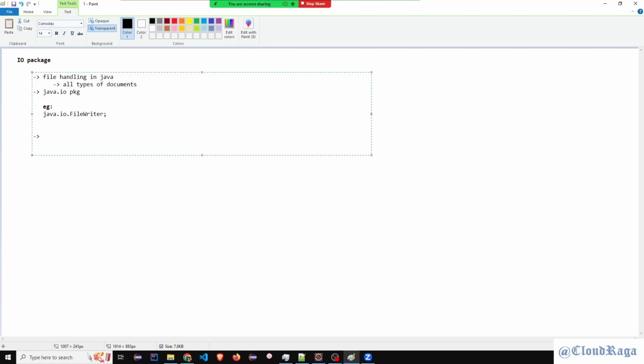As we are beginners, we just began this class, so we'll start with text files. All the text files, PDFs, Excel files, XLS files, we can use it. So we can perform operations on files and folders.